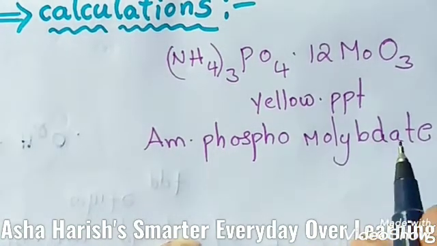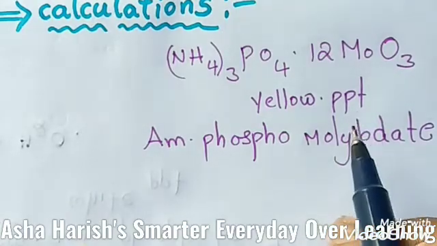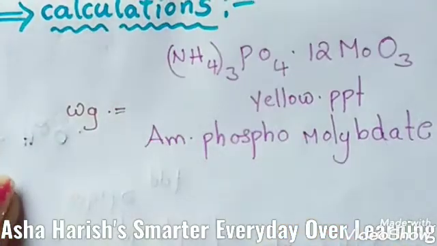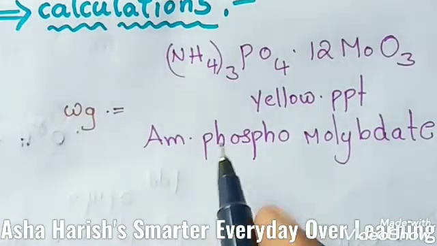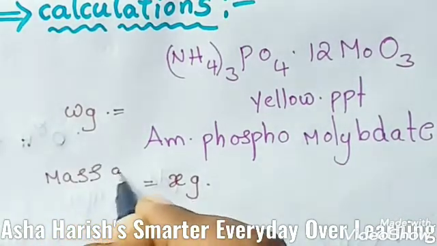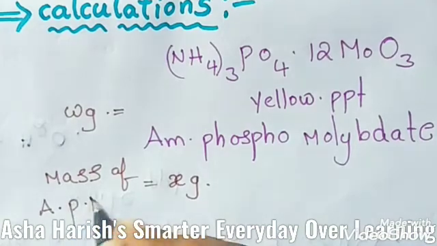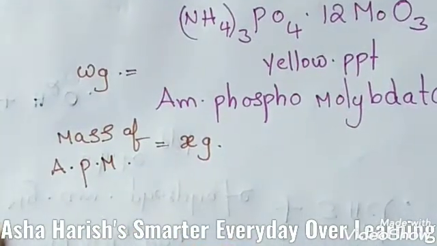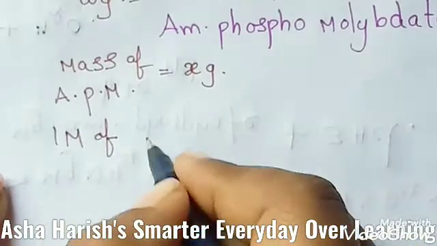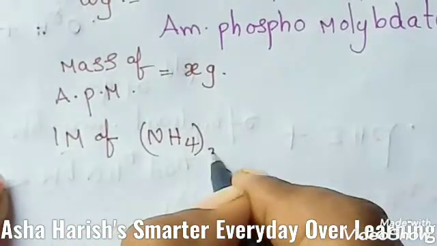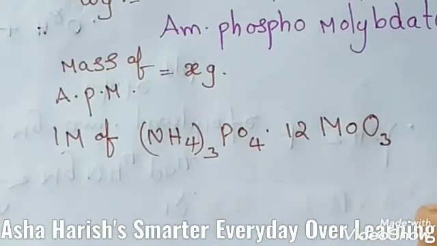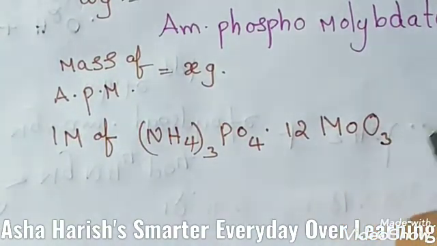Let the mass of this organic compound taken be W grams. Now the mass of ammonium phosphomolybdate formed is X grams. Now you can say that 1 mole of (NH4)3PO4·12MoO3, ammonium phosphomolybdate, contains